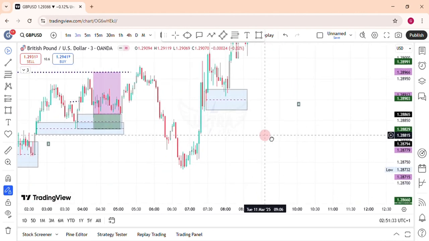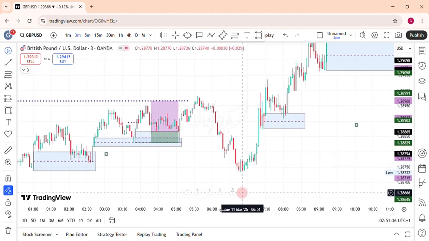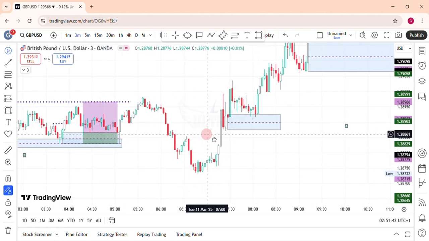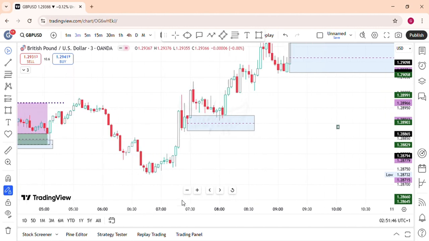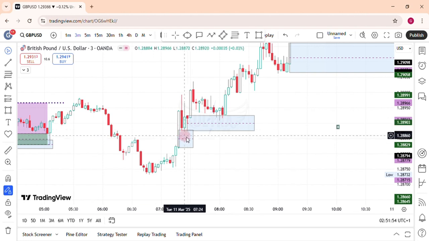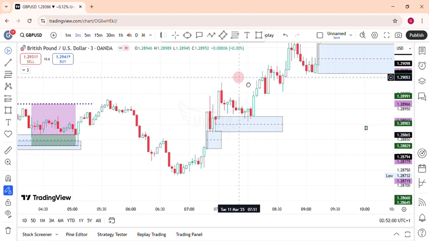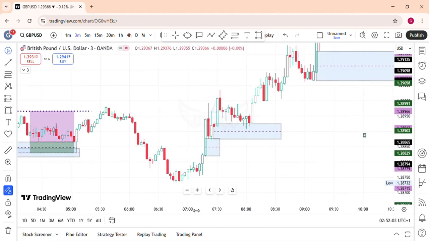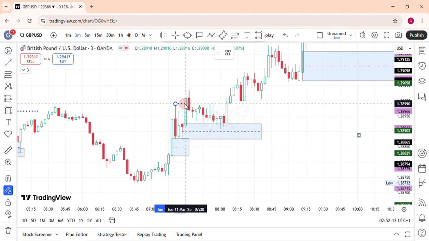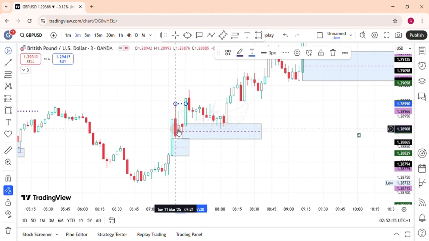So on our number 4, we can as well see a fair value gap here. So this fair value gap is quite obvious, and you can see price tapping into this fair value gap, rejecting from that fair value gap. After price tap into this fair value gap, you see price rally to the upside, giving you a break of market structure, right? After price tap into this fair value gap, it now created a break of market structure right here. And the next thing we should be looking at is your entry.